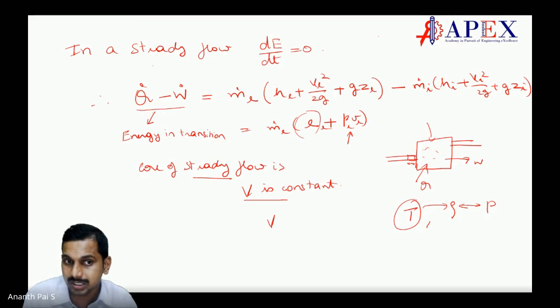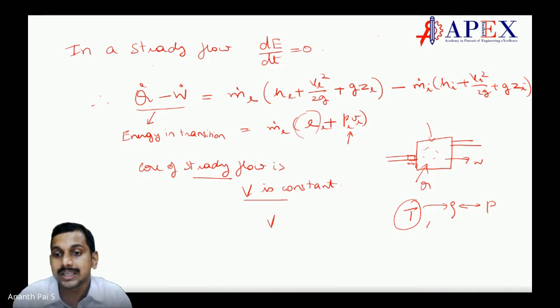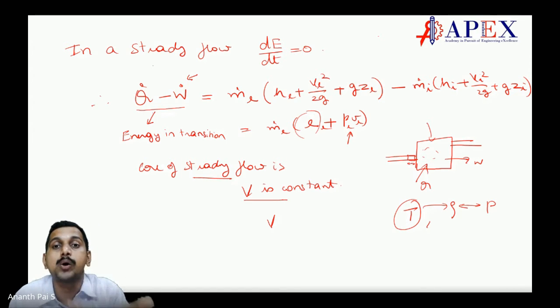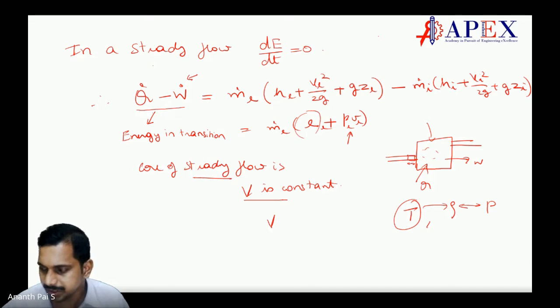Now this Q dot and W dot is energy in transition. Work is because of the change in the boundary of the system. Agreed? Work done happens generally because of the change in the boundary of the system. Correct? Of the closed system, not of the open system. Again, I have to keep in mind here, of the closed system, not of the open system. Q dot is the heat transfer which happens, which is very clear cut. Correct, students? Any doubts here?